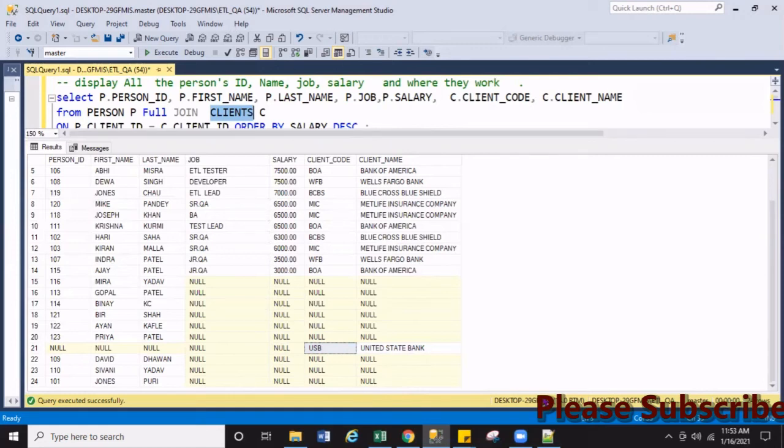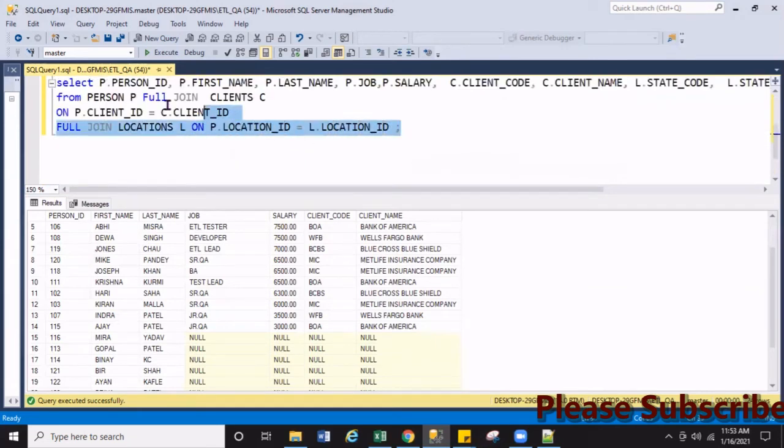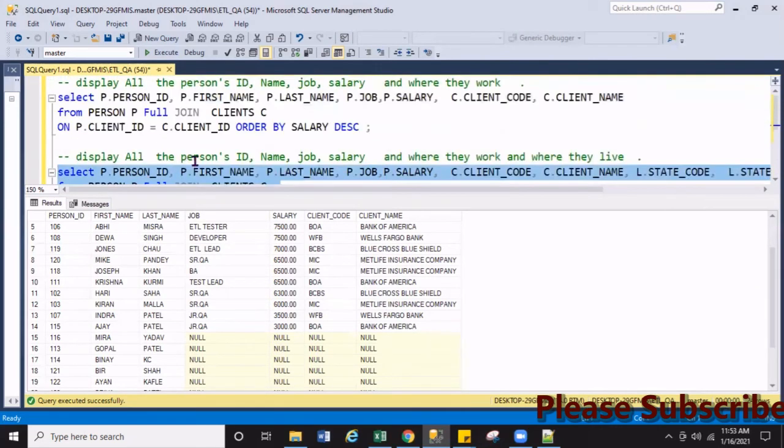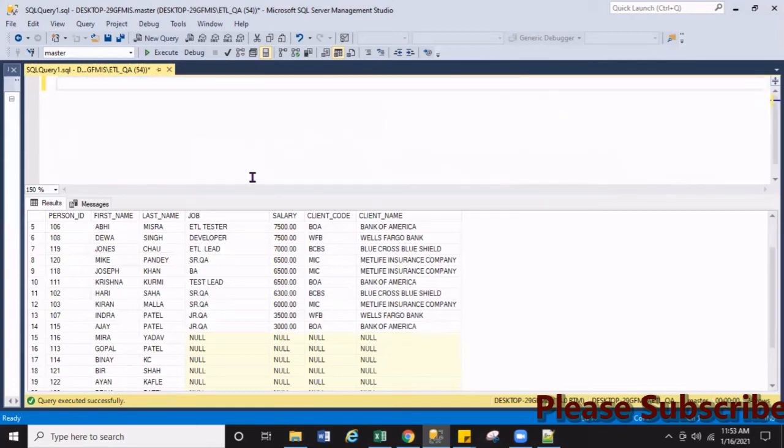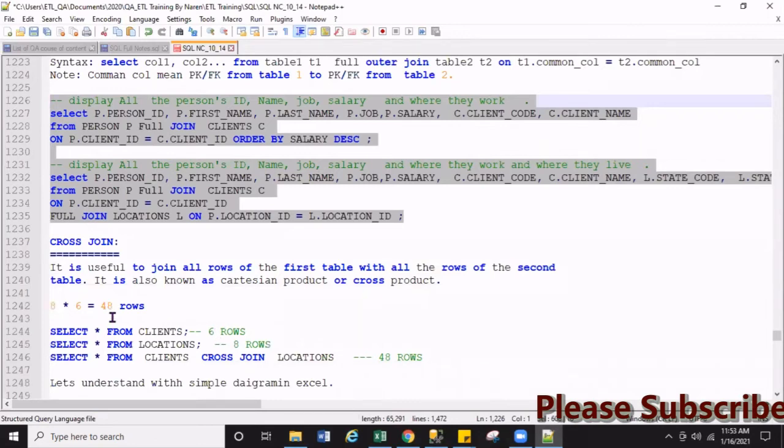All right. Let's jump to the next topic. Similar things will be the same here as well, so we don't have to spend much time here. Let's jump to the next topic. Next topic is cross join, right? What is the cross join?